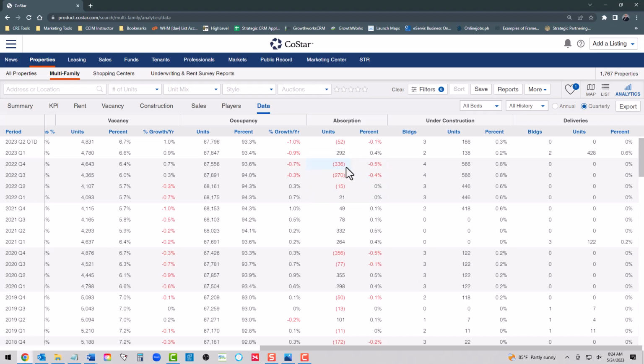Now, let me caveat this. You are at 93.6 or 93.4 going into the first quarter of 2023. So I'm going to caveat that and say that the occupancy is a little higher than it should be. And so we can't discredit the owners in the Class C space for continuing to raise rents because they are trying to bring the occupancy down to a stabilized occupancy rate. They obviously don't want to go below 90%, but they are still in a range where they can raise rents. So I'm not going to fault them for raising these rents,